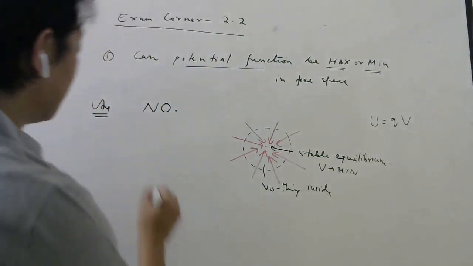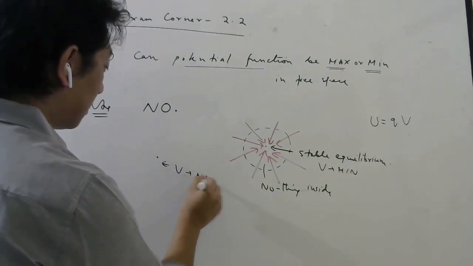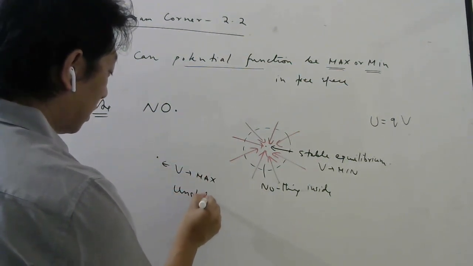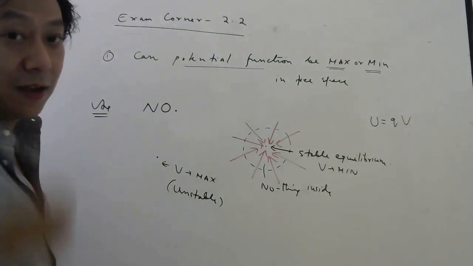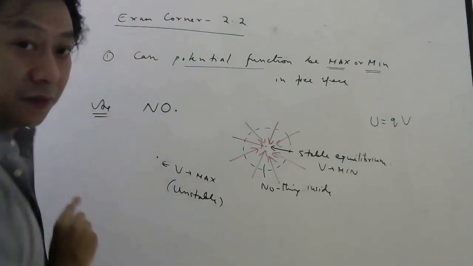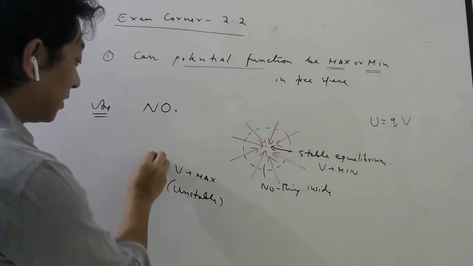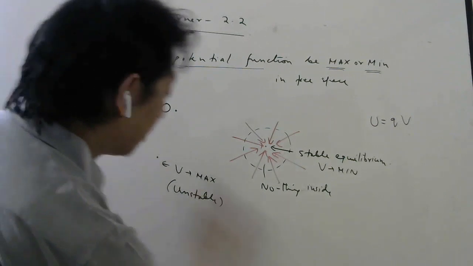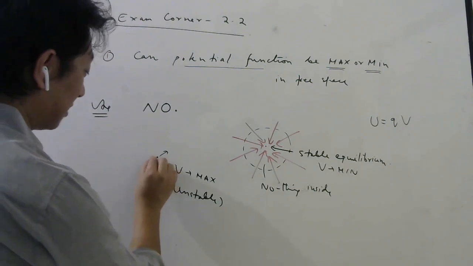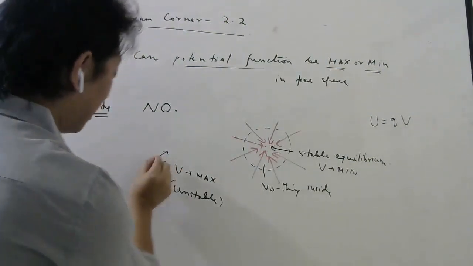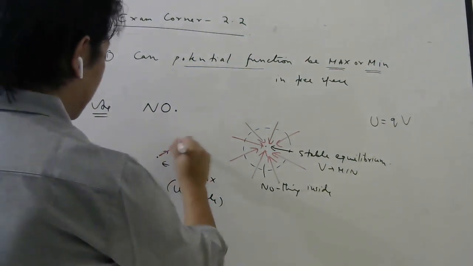Understood? Similarly, think this is the point where potential is maximum. That means it corresponds to what equilibrium? Unstable equilibrium. If I take out one charge from my pocket and put it here, it will be in equilibrium, no doubt. But since it is unstable equilibrium, if I displace it in any direction, it should go further away. If I displace the charge this side, it should go that side only. That means there must be electric field lines like this.